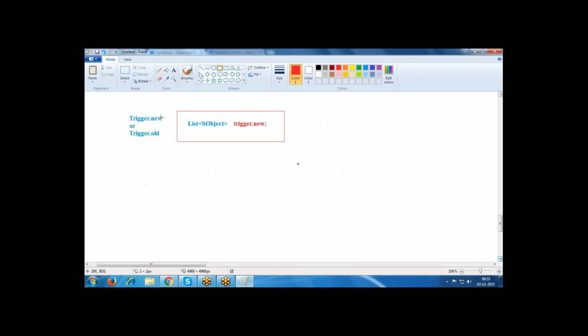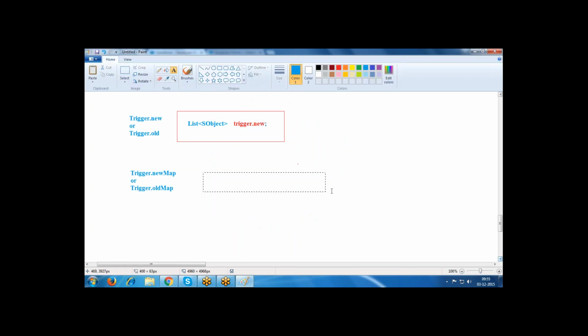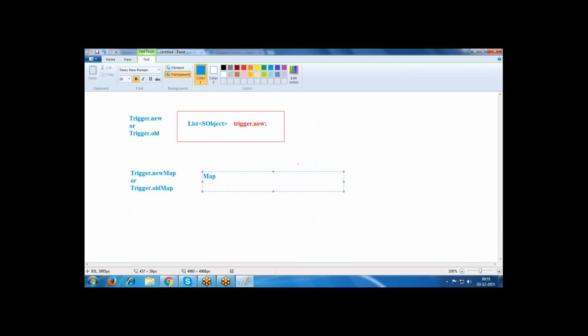The same way, whenever we are using trigger.new map or trigger.old map, the internal representation is a map of Id comma SObject type.